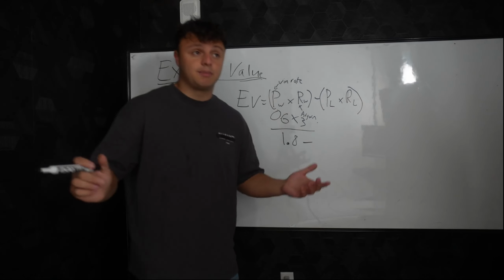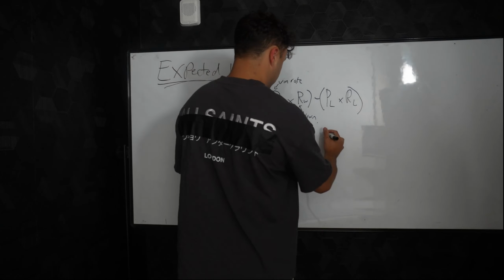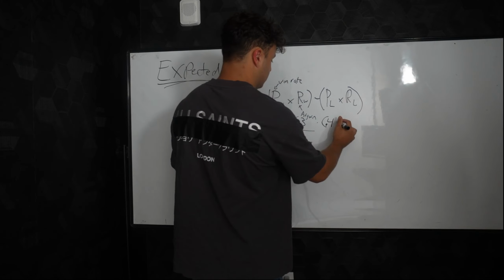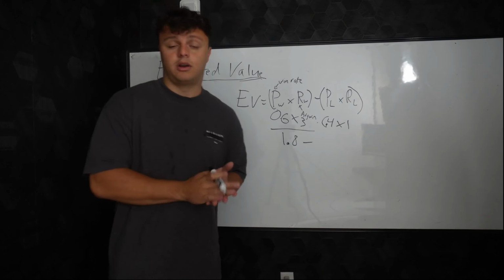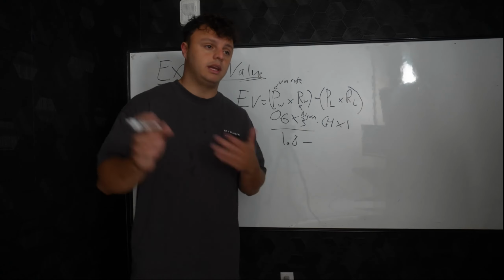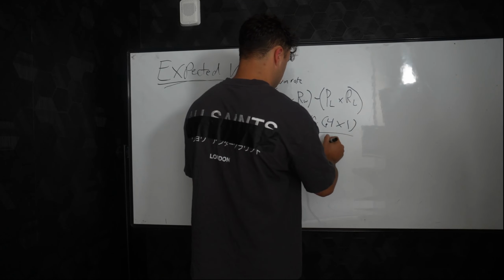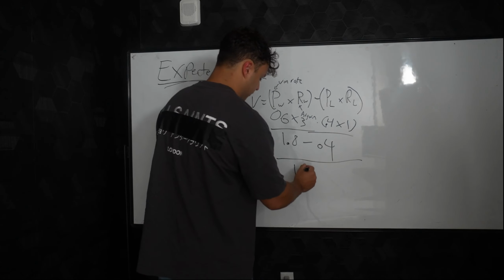So if my win rate is 60%, let's do something crazy, 40% is my losing rate, minus 0.4 times 1, right? Because again, my average loss is -1R. If you're managing your risk accordingly, it should be the same. So, boom, that's going to give us 0.4. So that means that my expected value is 1.4R